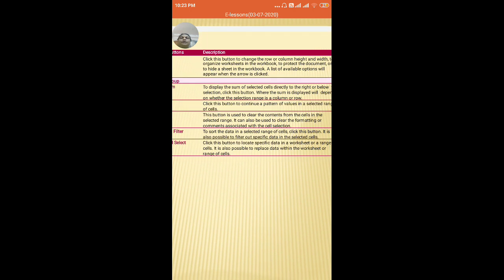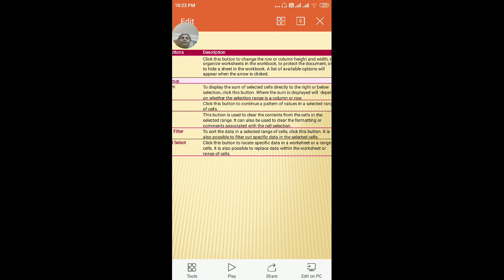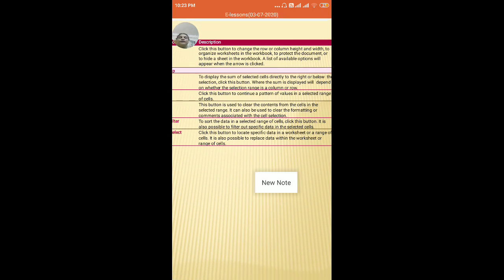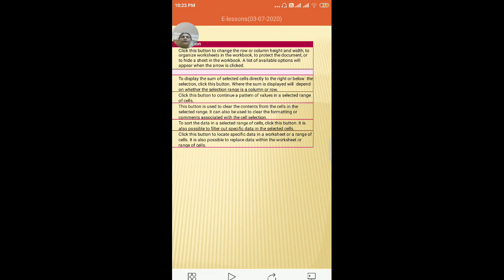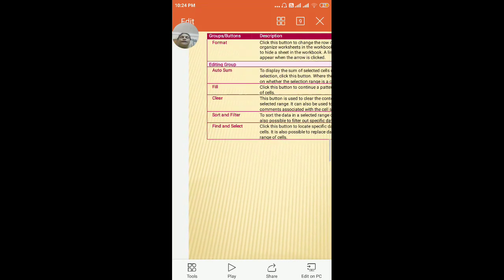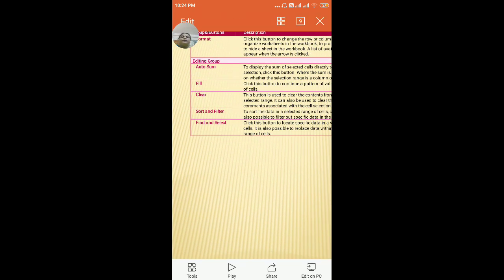Suppose you want to add the values in a group of cells and get the result of adding all these values, you can just click on this command. It is used for displaying the sum of selected cells directly to the right or below. Then you can get the sum, that is the total of the values in the group of cells.